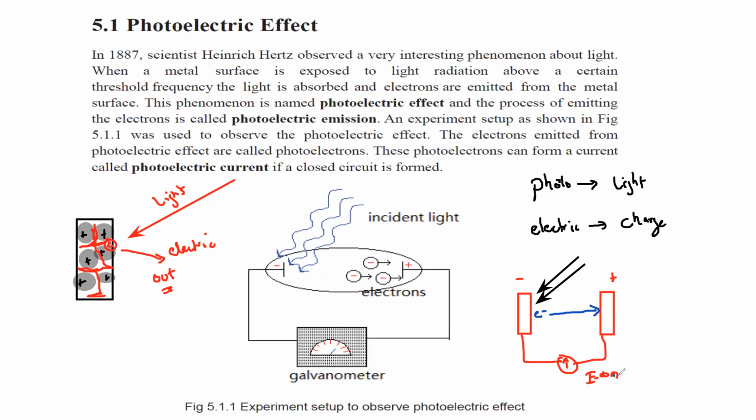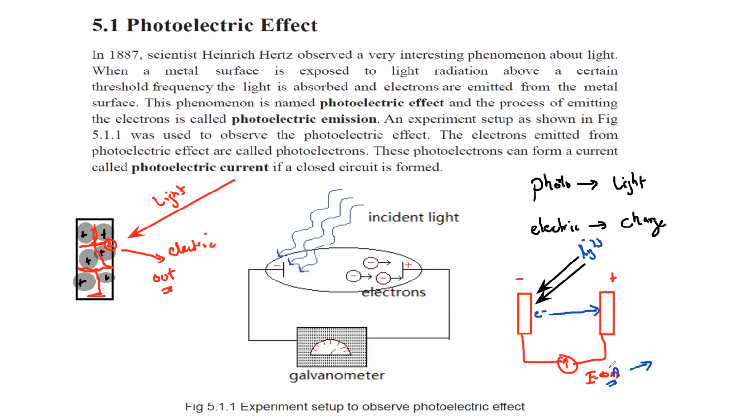Originally in the beginning it was 0 ampere, but when the light is incident on the metal, though not all of the light, there is a specific intensity or frequency, mainly the frequency of a light, which can cause this effect. Not all kinds of light can cause it. It depends on the type of the metal which we are using, and it also depends on the type of the light, the frequency of the light.